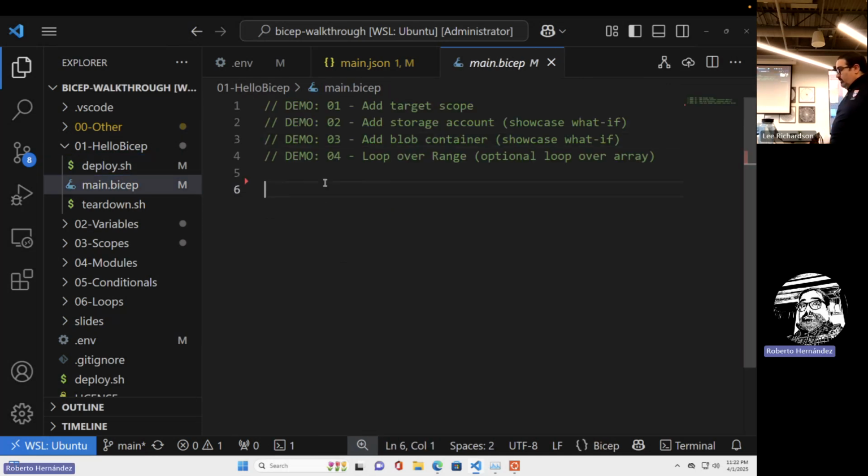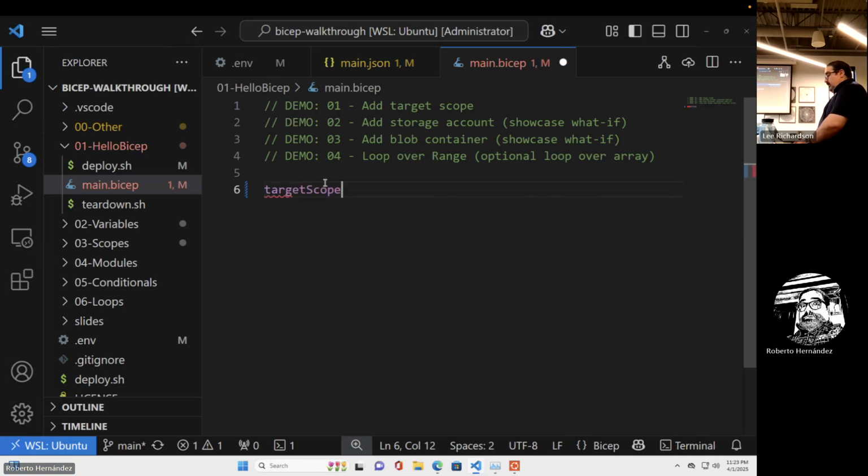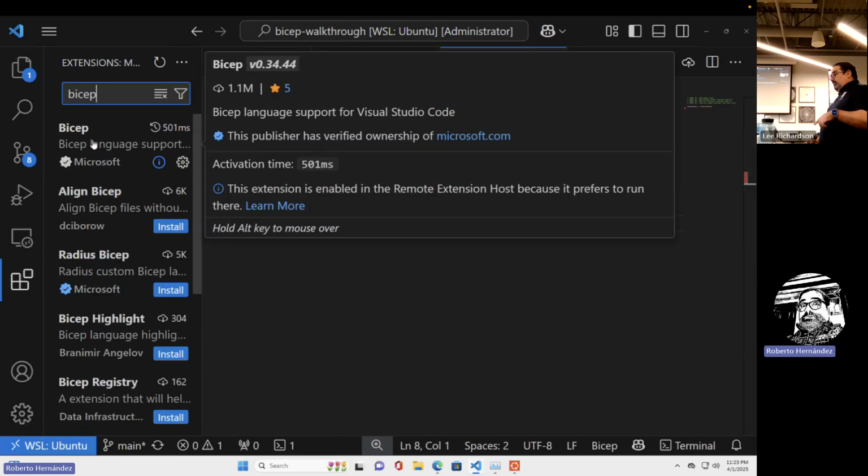Our first Bicep file. This is going to be exactly like the one we just saw, but we're going to write it. It's not going to be as complex visually, at least, and we're going to be able to walk through some of these things. So, optional: define the scope as resource group, define a storage account. Now, I should mention, I'm using Visual Studio Code